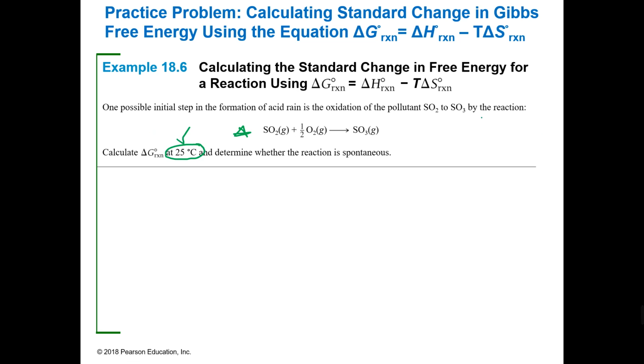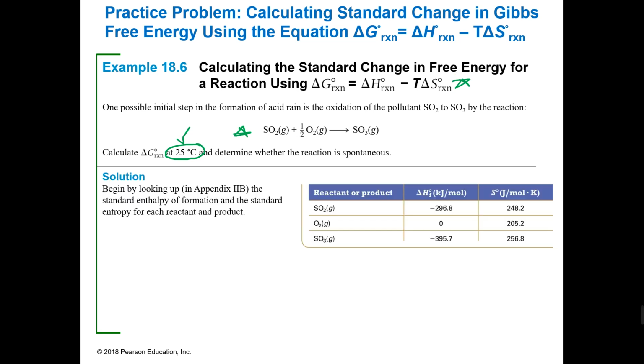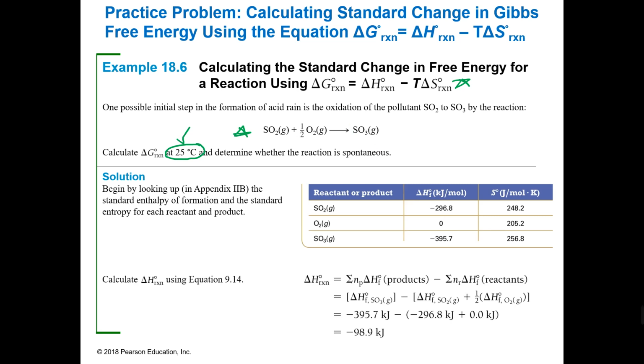Now you might be wondering, why are we using this if we know it's at standard state conditions? Well, let's look. We absolutely can do products minus reactants in this case because it is standard state conditions. So we can just go to our chart and say, okay, products minus reactants, plug and chug, do the math. And there it is. However,